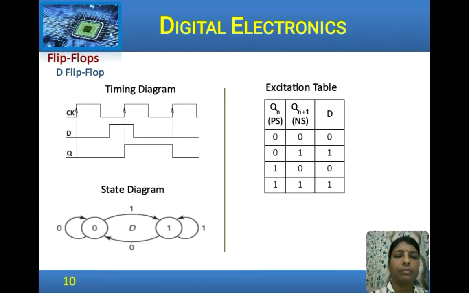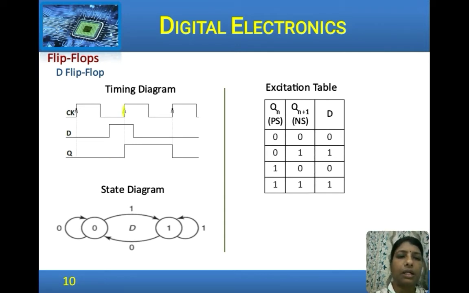The timing diagram. Here a positive edge triggered flip flop is considered. The clock positive edges are shown. Whatever is the value of D appears at the output. At this transition, D is 0, Q is 0. There is a change in D over here, but this change does not occur during the clock transition, therefore it does not affect the output, which remains at Q itself.